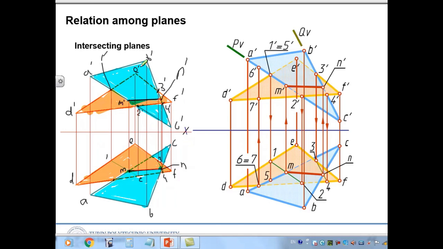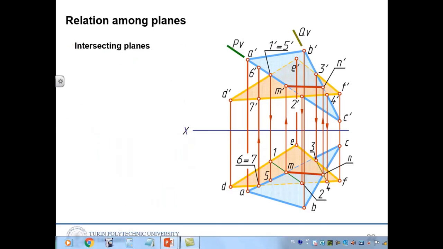Something like this. Okay, so the way of finding intersection line